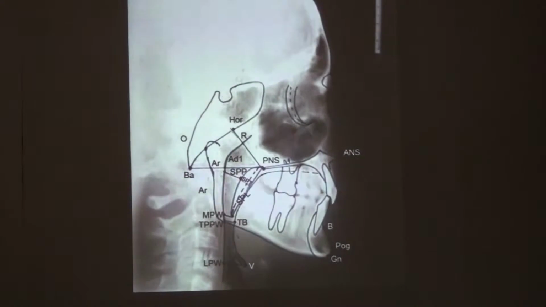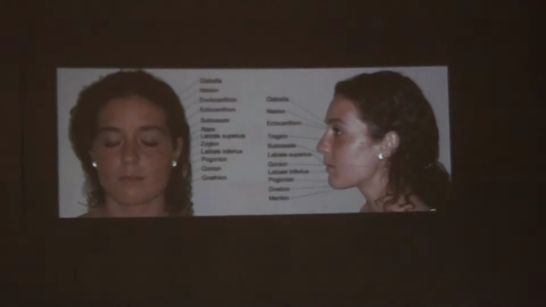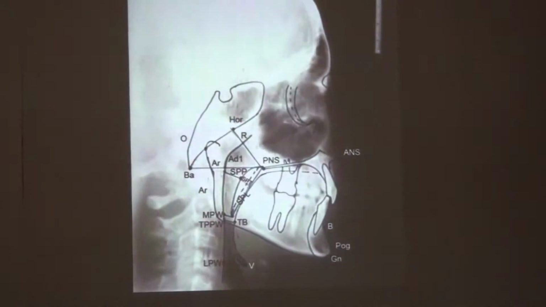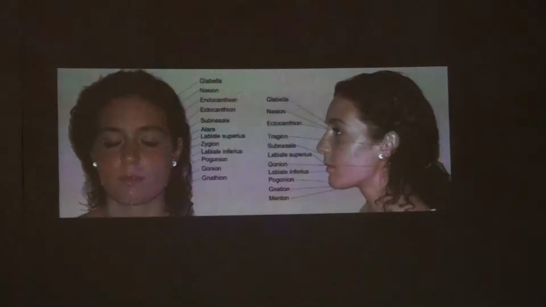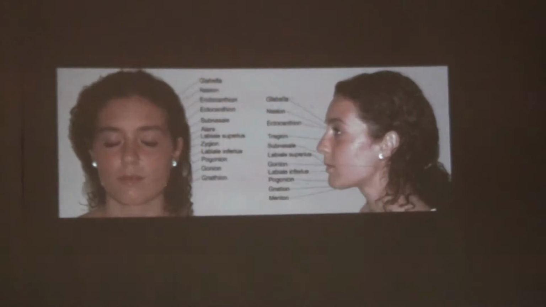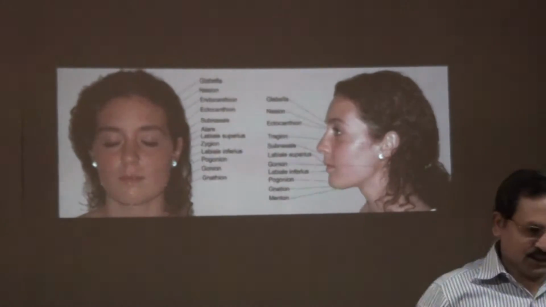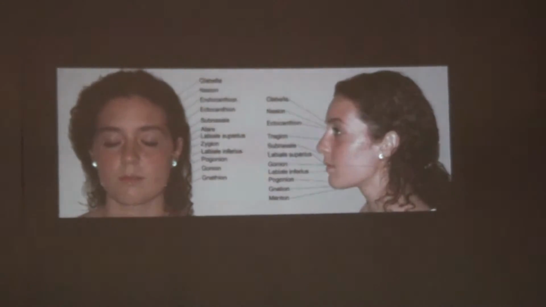The BA is basion, the ANS is the anterior nasal spine, the point B is on the chin, and the GN is the gnathion. There are plenty of points on the skull. If you go to the next slide and compare the points on the soft tissue of the face, they are slightly different from the points on the hard tissue of the face. These are the points on the skull bone, and these are the points on the soft tissue of the face. So to read a face,